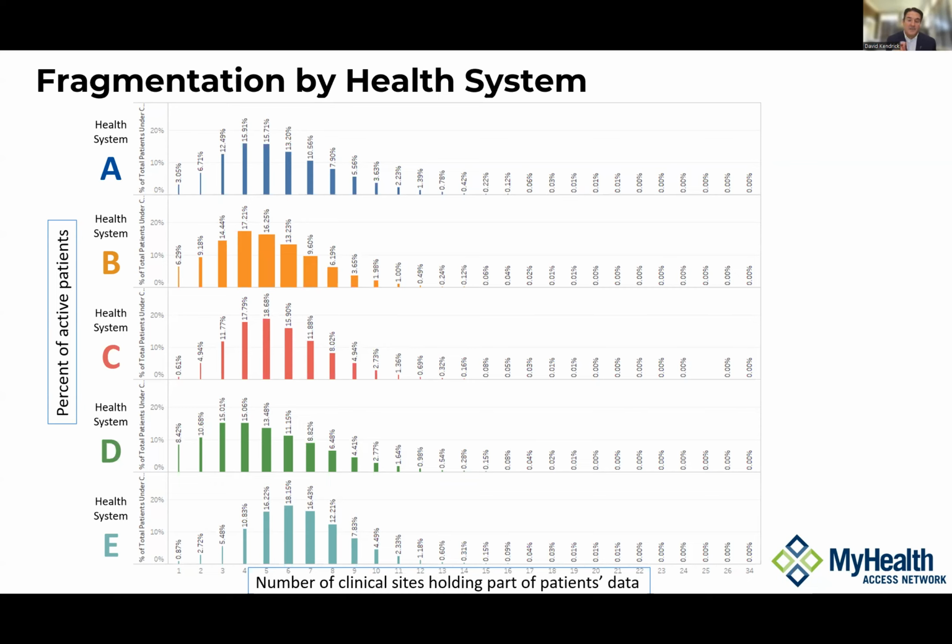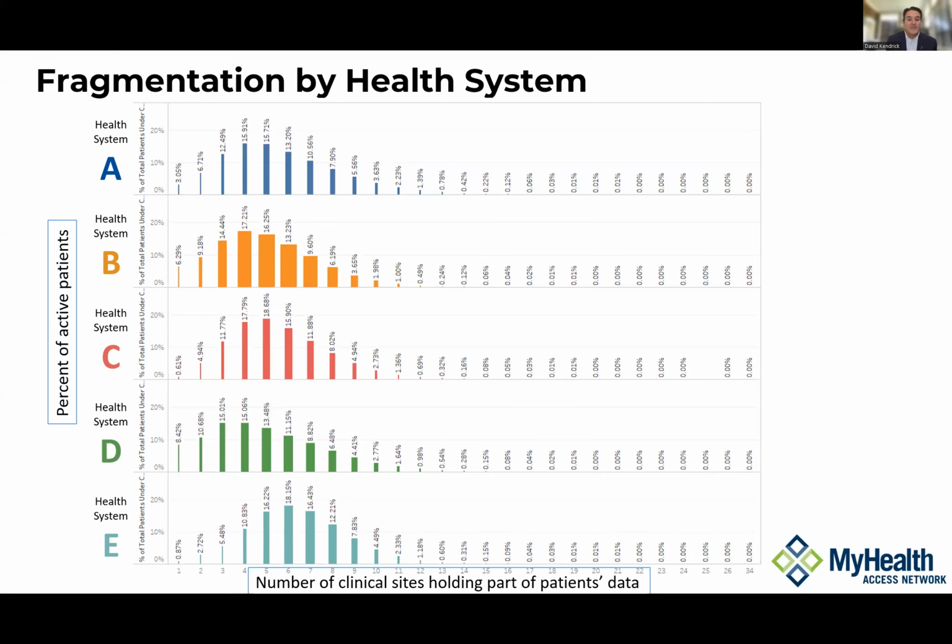That's the number of other locations where patients have data. On the y-axis, you see the 5 largest health systems in Oklahoma. These are all large comprehensive health systems with, obviously, hospitals and clinics and urgent cares and the full gamut of services. And what you can see in this chart is that, for example, in the 6th column, that health system, E,